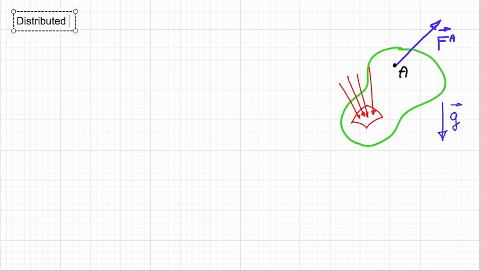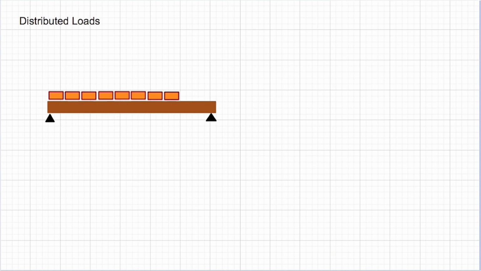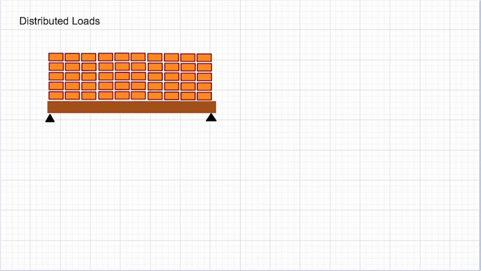I know you have seen distributed loads before in your basic introductory classes in physics, so let's review a few basic concepts. The typical picture that you are given when you first start considering distributed loads is to consider a plank loaded by something like sand or bricks. So you have your plank, and on top of your plank you have, say, an even distribution of bricks, all at the same height. So in this case, you can see that the plank does not have a concentrated load acting on it, but rather there is a certain distributed load acting on the plank, coming from the weight of